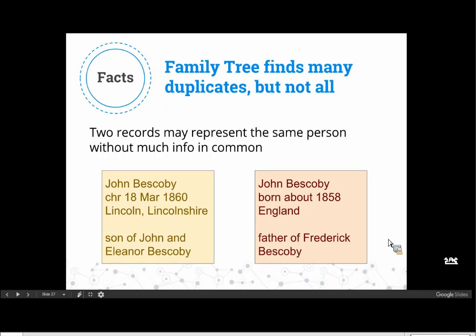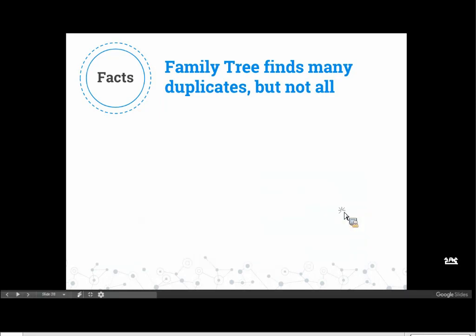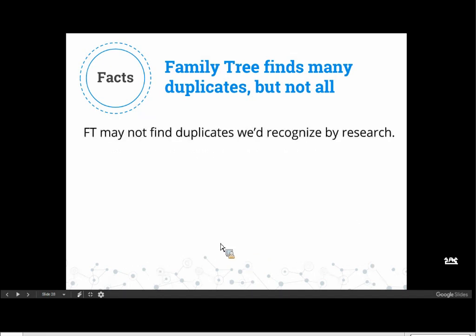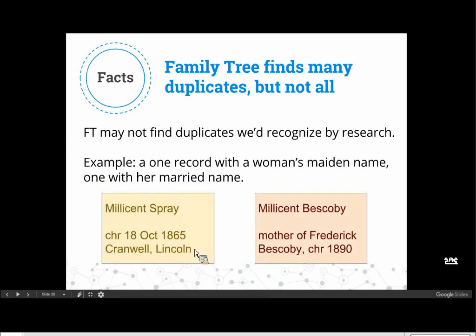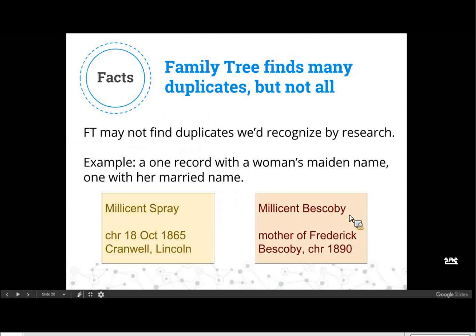One record with a woman's maiden name and another one with her married name. So here I've got Millicent Spray. She was christened on this date in this location, and Family Tree has one record for her. I should say had, because I think I've since merged them. But here she is, and then here she is with her married name and being the mother of this son,